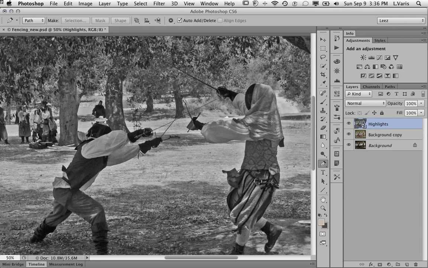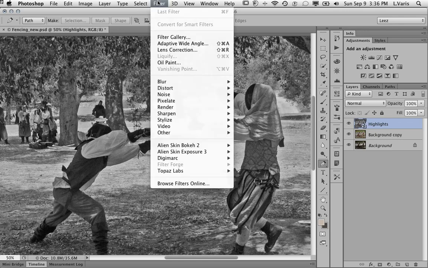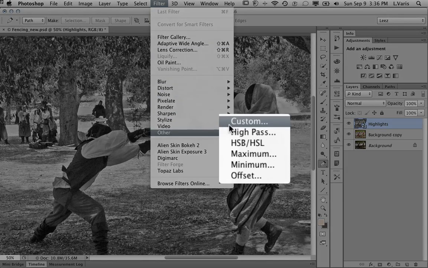It also gives me a way of previewing an effect that's difficult to preview. So right now it's a smart object, and that means I can run filters on this, and they're sort of undoable, and I can return to the filter dialog later and change a setting, and we'll see how that all works here. So I'm going to run a filter here, filter other high pass,